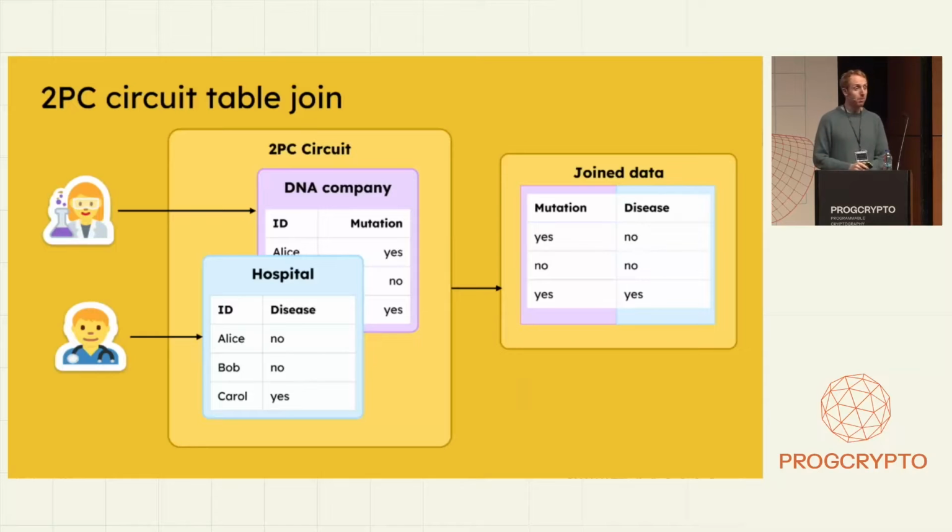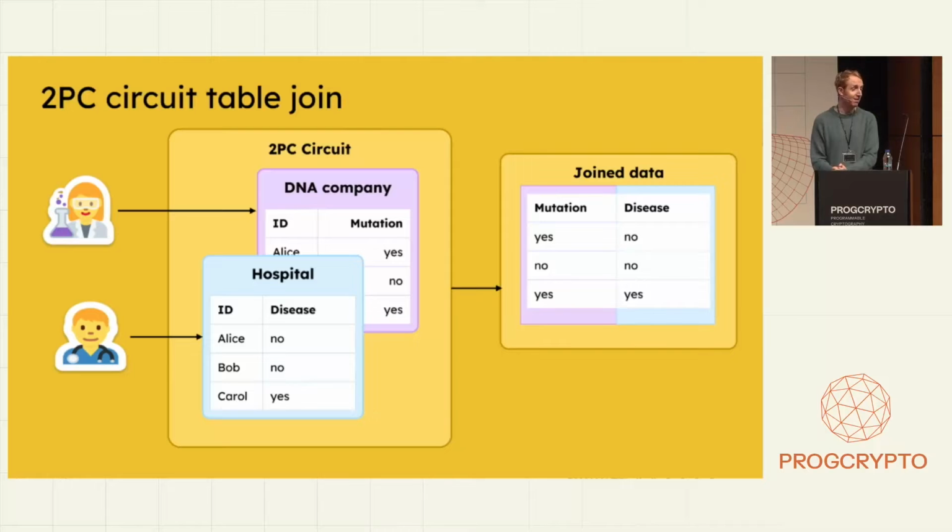So let's take a simple example here of just like a table join, right? So the researcher has all of this like people's DNA, and they simplify the database to just be a mapping of someone's identity to whether they have a mutation or not. And basically, this mutation, we suspect that it's involved in a disease. So we want to build a data set so we can test this hypothesis. So we go to the hospital and we ask them to make a mapping of people's ID to whether they